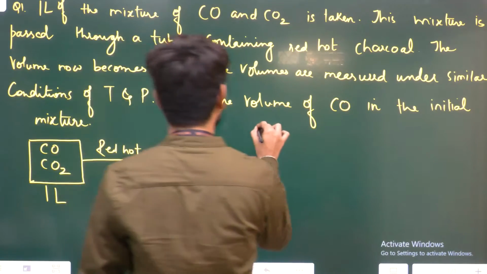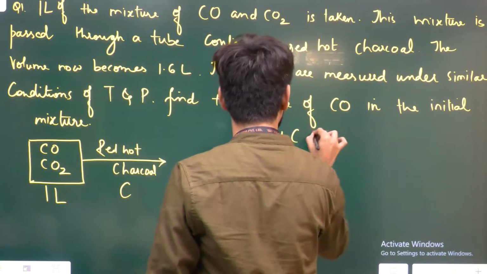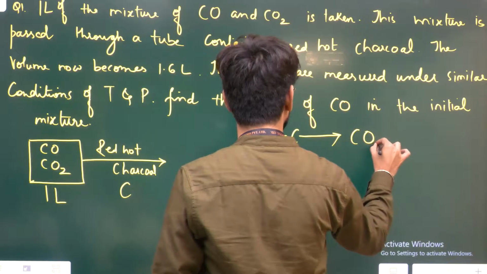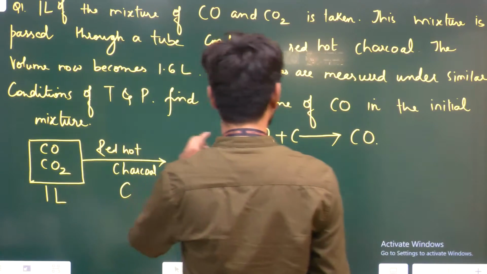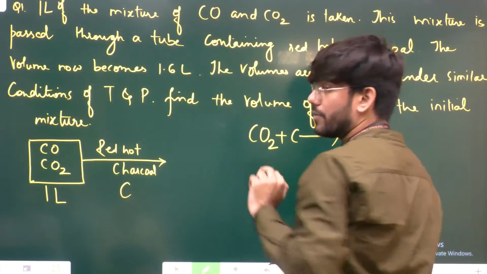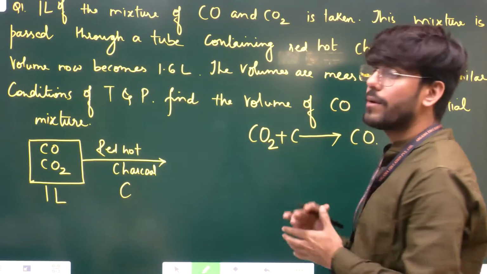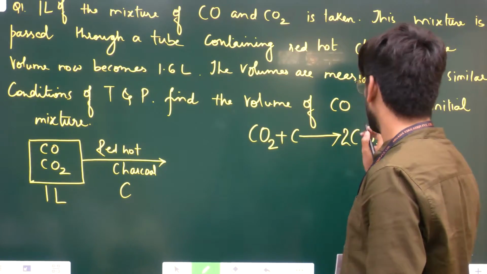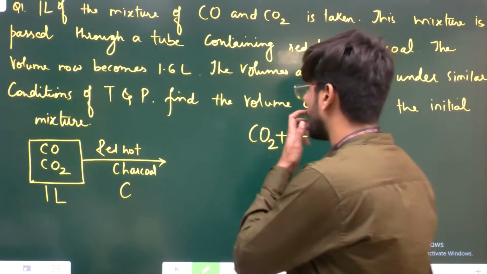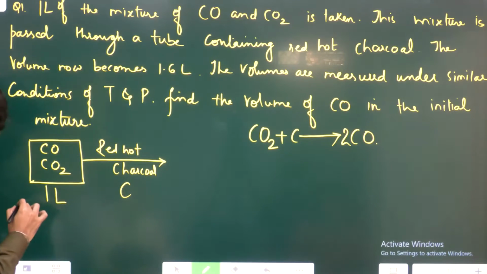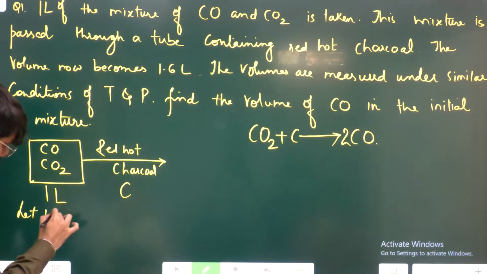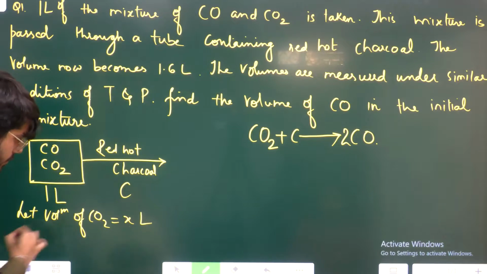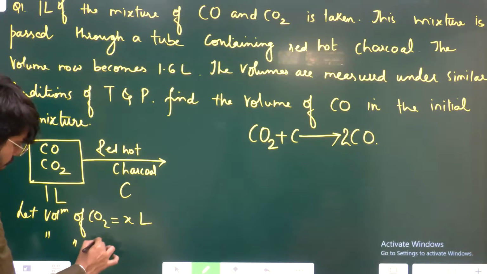So we know that carbon monoxide, when passed through the charcoal, does not react. When carbon dioxide gets reduced with carbon, what you get is carbon monoxide. Balanced? Balanced. Now, in the initial mixture, let the volume of carbon dioxide be x liter, then the volume of carbon monoxide